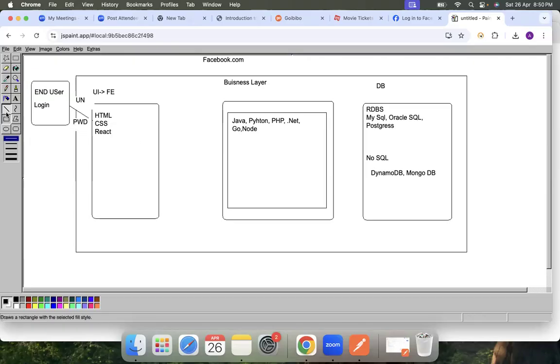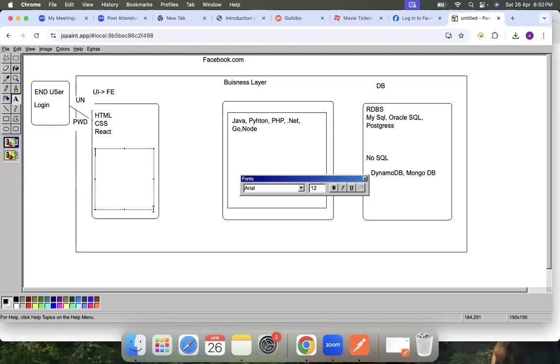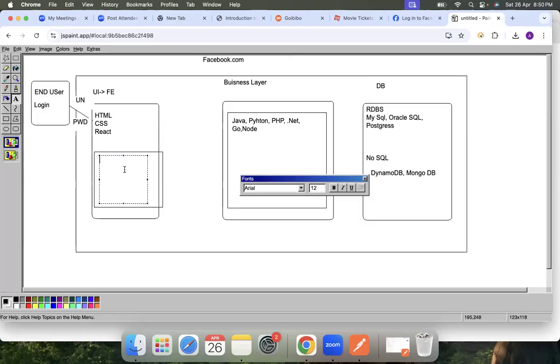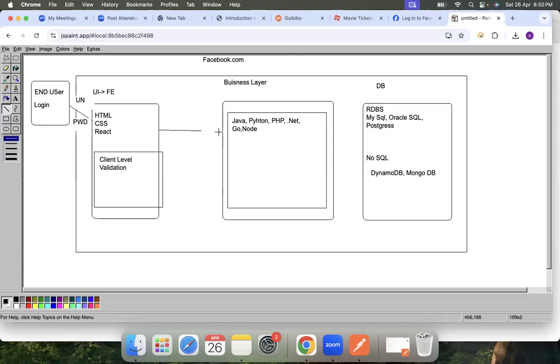Okay. So the job of a front end layer is not just to send the request to the backend. Client level validation will be done at the front end only. So basic client level validation will be done. Now, if the username and password entered by the end user are valid, then the front end will send a request to